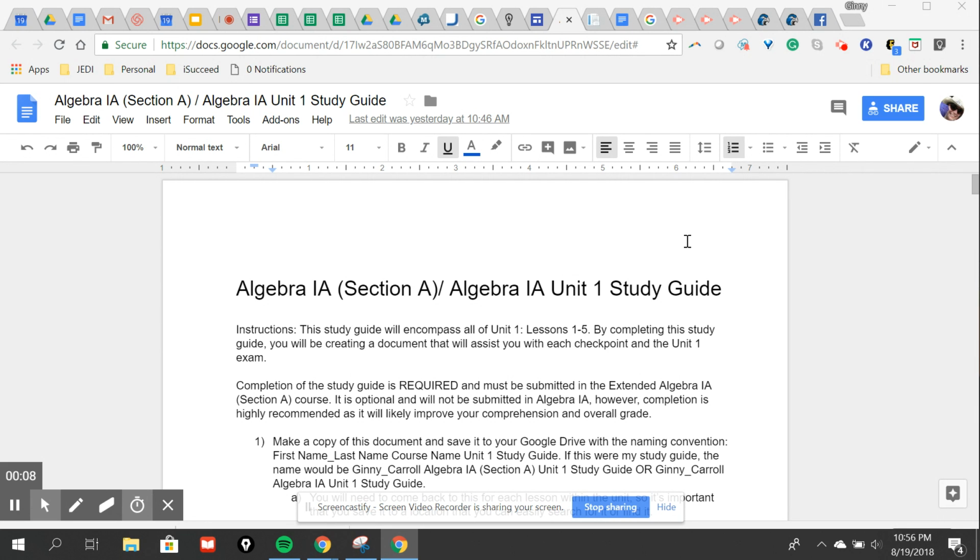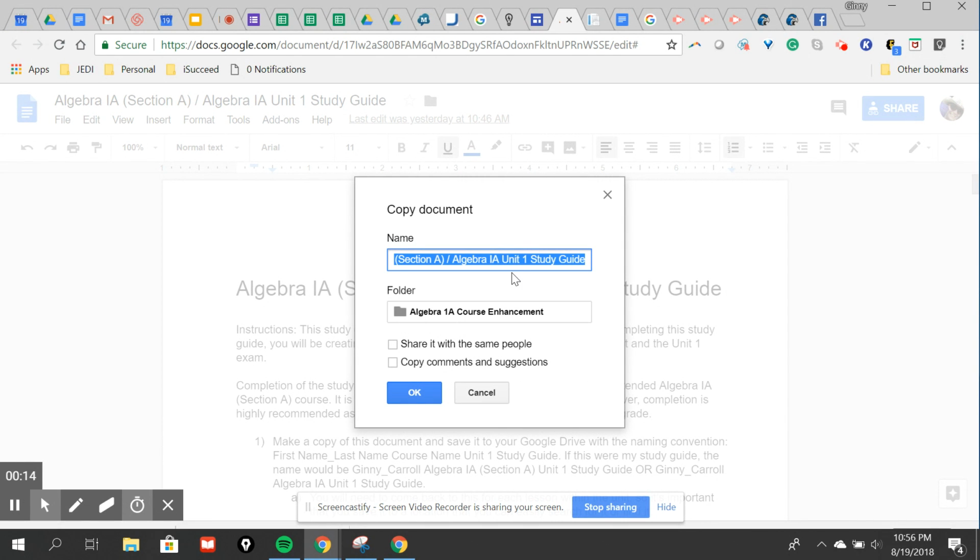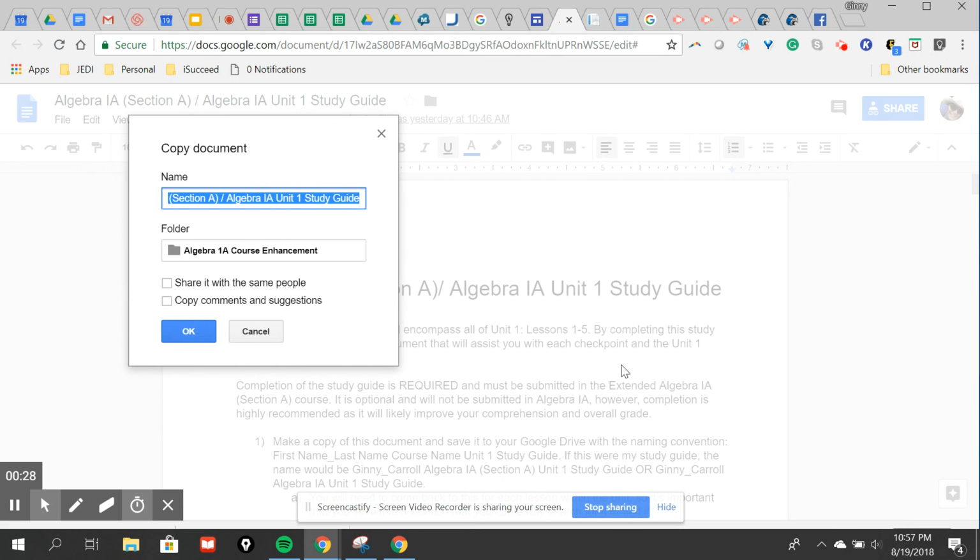I want to show you really quickly how to make a copy of a study guide so that you can make it your own. It's really simple. You'll just go up here to make a copy, and then you can choose in your file system which folder you want it to go into. Just make sure it's going into your school Gmail Drive,